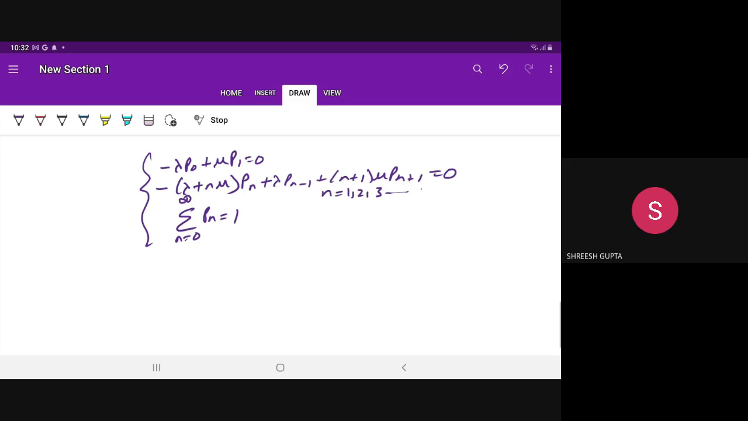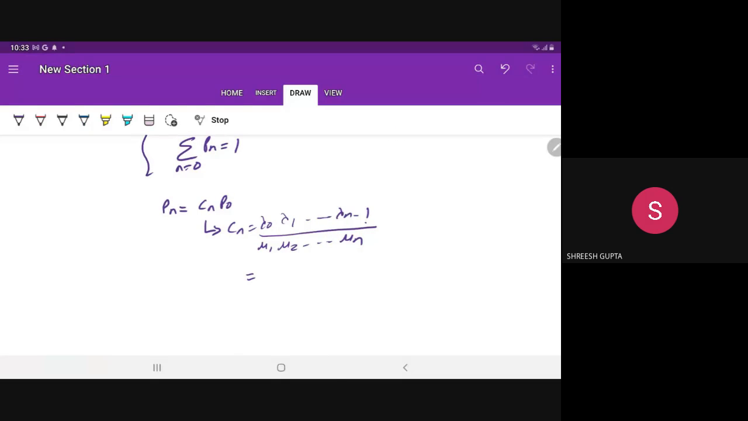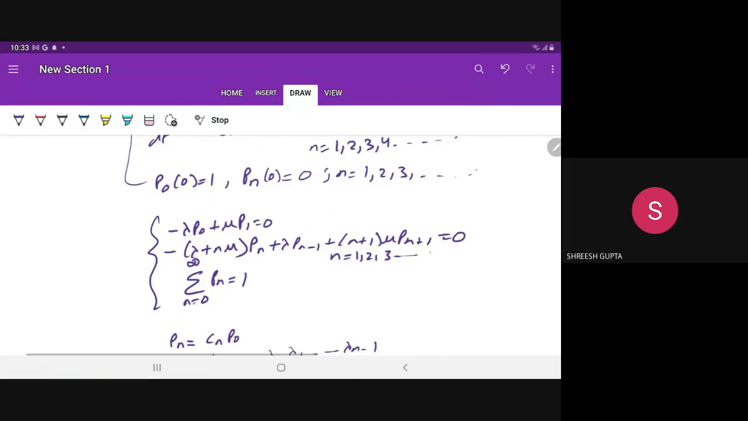Now you can apply the birth and death process here, whatever the process we have applied, right? So from there we know what the solution is. Solution is Pn is equal to Cn into P naught, where Cn is lambda naught, lambda 1, ... lambda n minus 1 upon mu 1, mu 2, ... mu n. And all the lambdas are given to you as lambda, lambda and lambda. It means for the self service model,